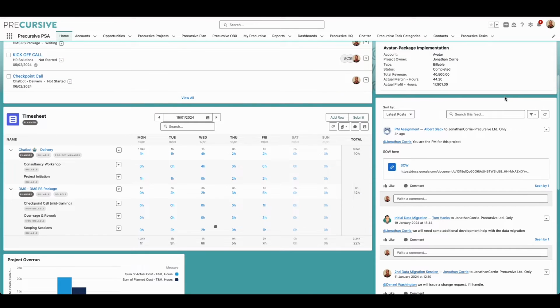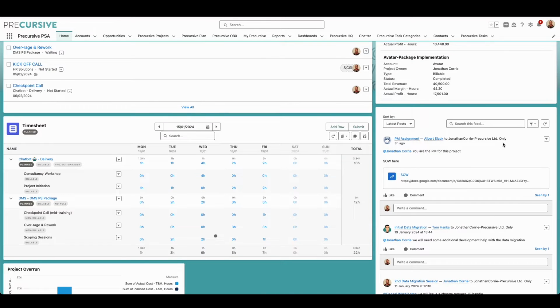So we assigned that project to Jonathan, so that's our resource planner, and within that project we have this PM assignment task that Albert took on. So he's letting me know that I'm the PM for this project, and here's the SOW. We've